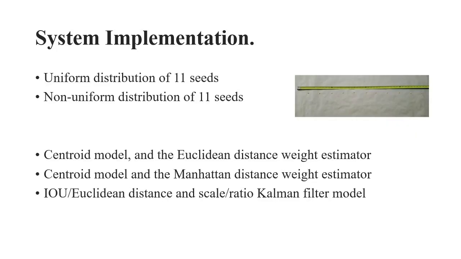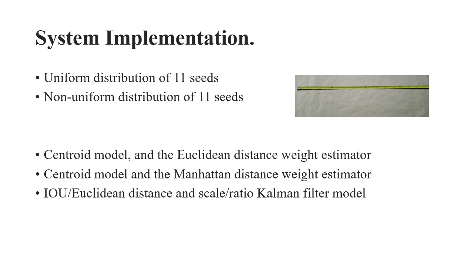To compare the performance of the embedded solution versus the Android, a test using two different seed distributions was performed. The first distribution consists of a uniform distribution of 11 seeds. The second distribution consists of a non-uniform distribution of 11 seeds. To test how the different modes of the Kalman filter and weight estimators for the Hungarian algorithm affect the performance of the solution, a test comprised of a non-uniform distribution of 11 seeds was executed, consisting of a pre-recorded video